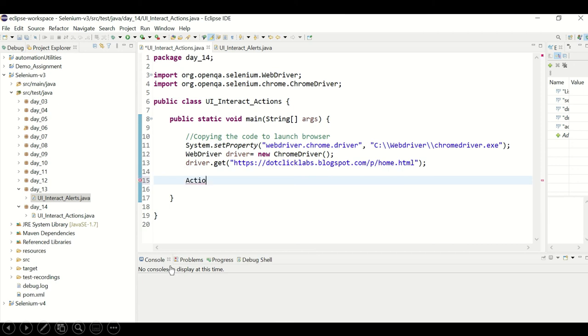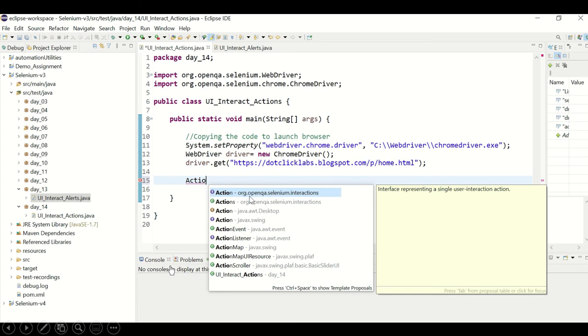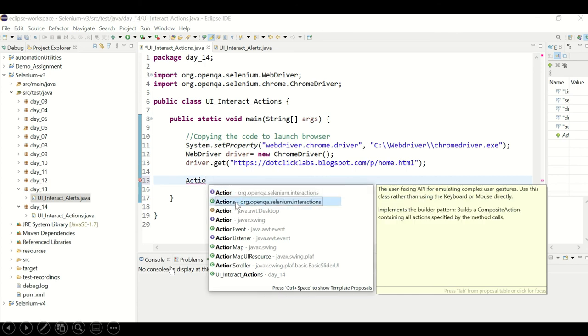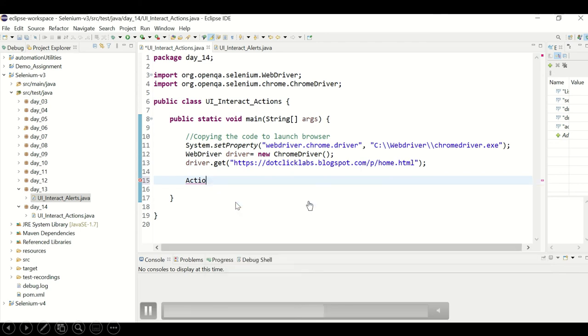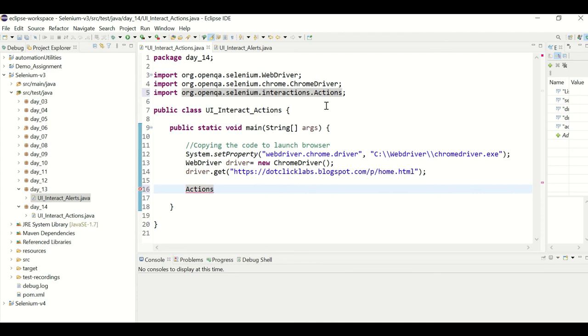Now type Actions and press control space. You see you need to import this Actions, org.openqa.selenium.interactions. If you double click it, this particular import statement automatically gets imported.